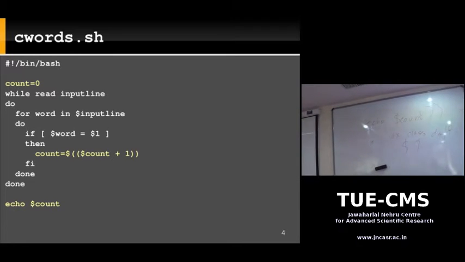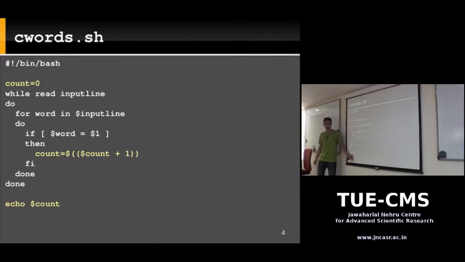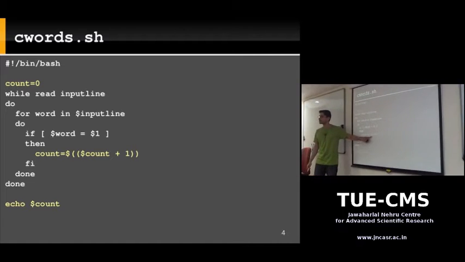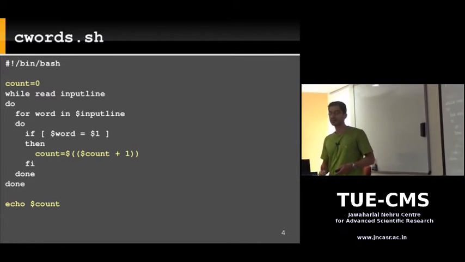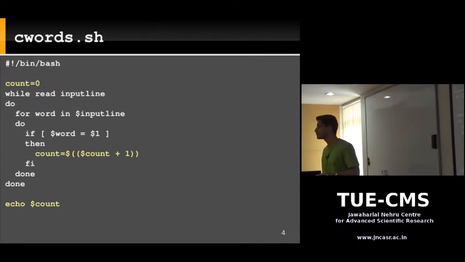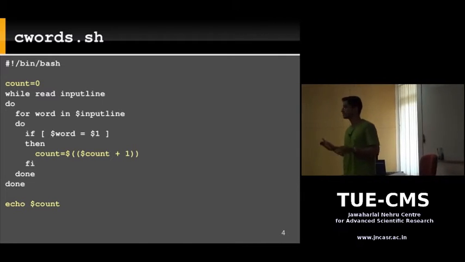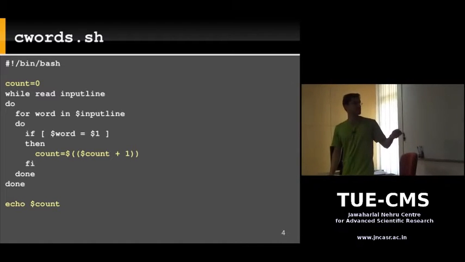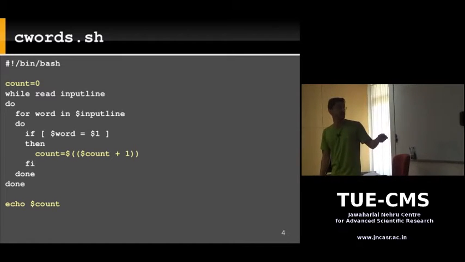Do we need to use a dollar in front of count here? Yes, whenever the shell sees a dollar over here, because we need the value of count. Previously when you were using the variable, you did use a dollar symbol. So you have to have a $ sign. Whenever the shell sees a $ sign there, it's going to expand it to the current value. Only during assignment will you see a variable without a $ sign. In assignment and in these kinds of lines, when you're creating a new variable.